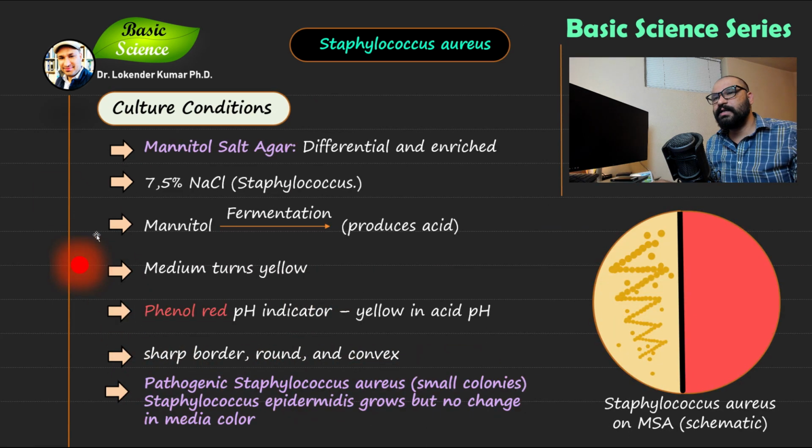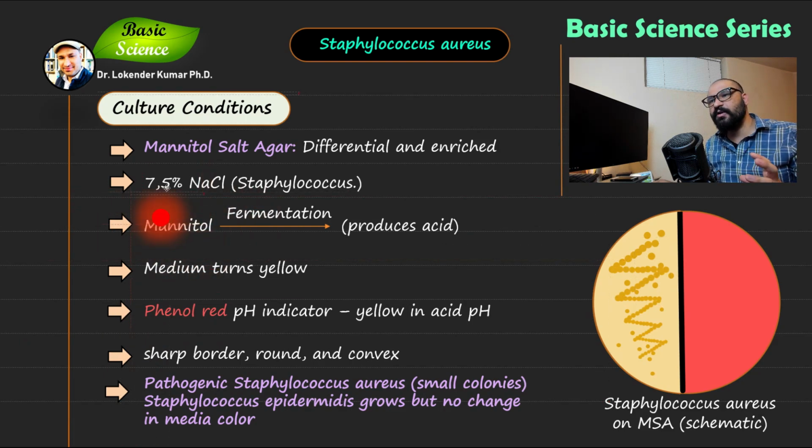Now let's move on to the next media, that is mannitol salt agar, MSA. As the name indicates, it has mannitol, and it also has a high concentration of salt. Because Staphylococcus aureus can tolerate high salt concentration and can ferment mannitol, this is a differential and an enriched media for this particular organism. Now, the salt concentration varies from 5 to 7%, and in this particular media you'll find